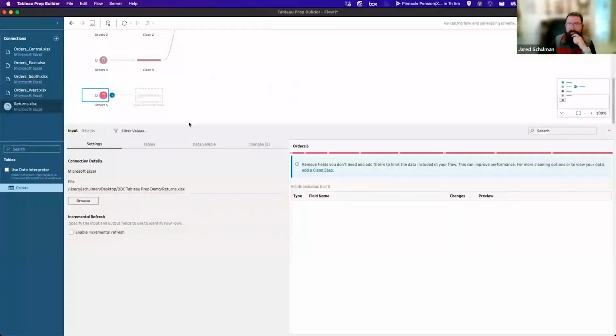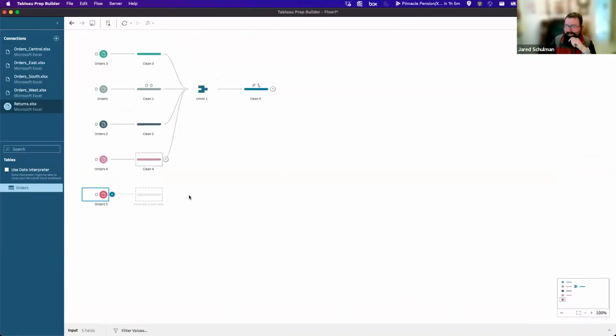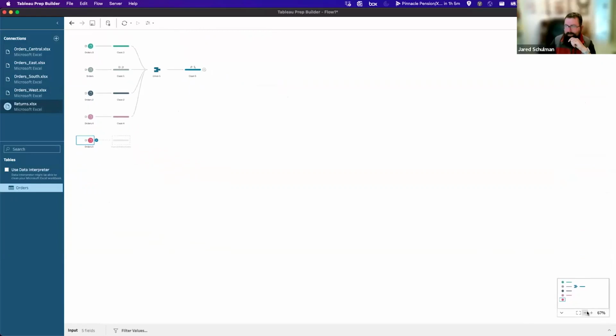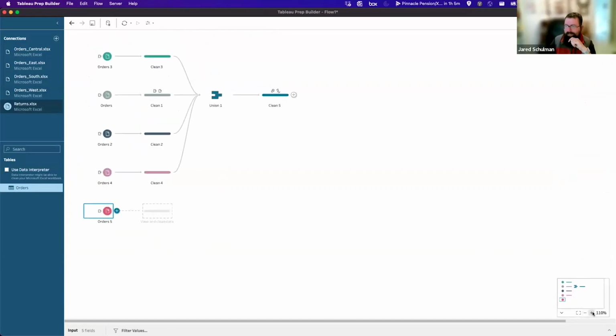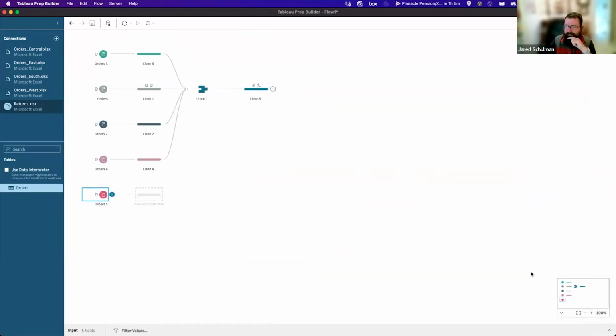Once your flow gets pretty big, you'll have a tougher time finding where it's bringing new steps or when you copy and paste things. So there's a couple of ways to get around that. You can always collapse this bar to give yourself a little bit more space, or you can zoom out to see more. This show all button will zoom it in or out to show the entire flow. That can be kind of useful as well. But as a general rule, Tableau Prep is going to put any new steps or inputs down in the very bottom left of your canvas.